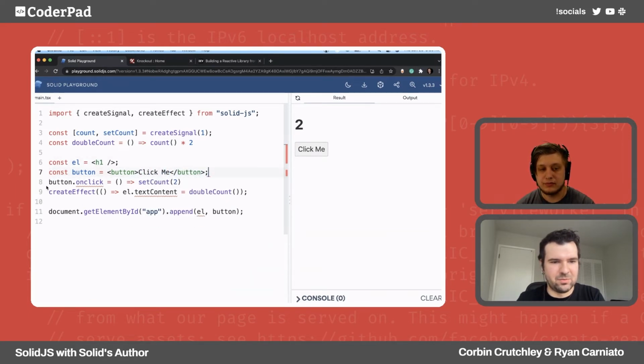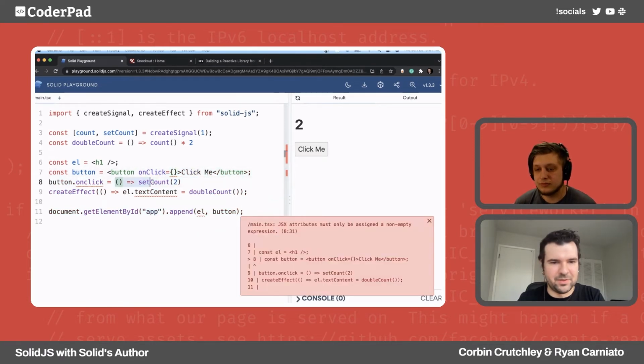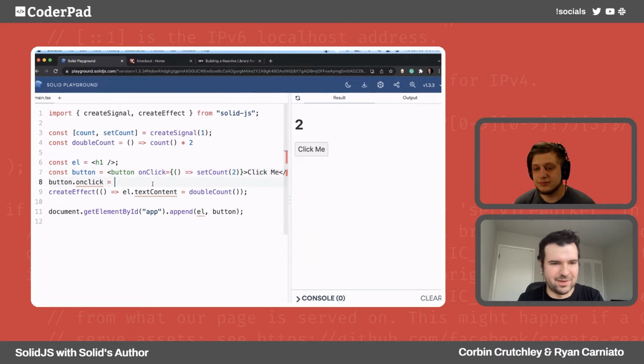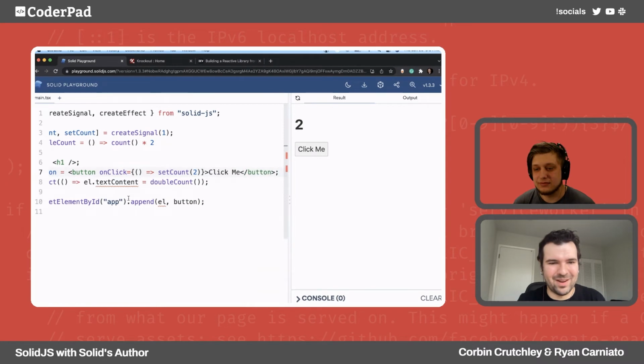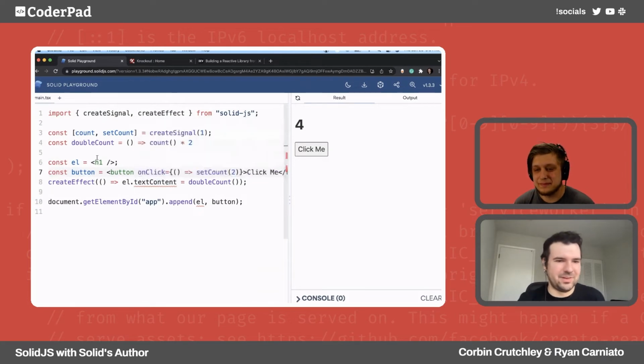And I don't really want to write onclick separately, so why don't I just write onClick and put this in here. I haven't tried this demo exactly. This is my first attempt at doing it like this, but what I wanted to show is that this should still work, because essentially we're just using the JSX to create DOM elements. Now, it's just a convenience. It's a shortcut.